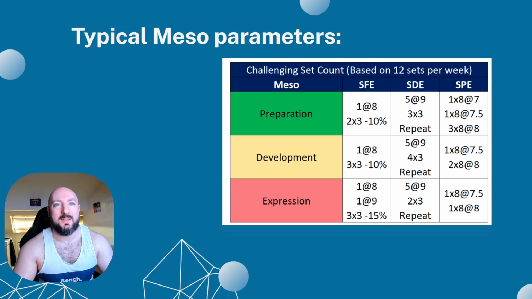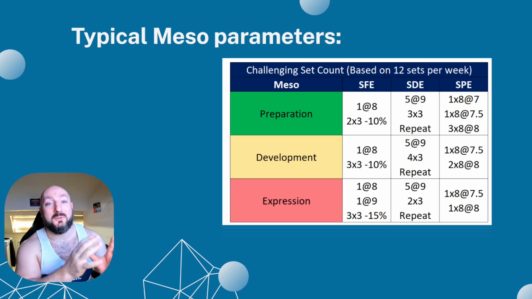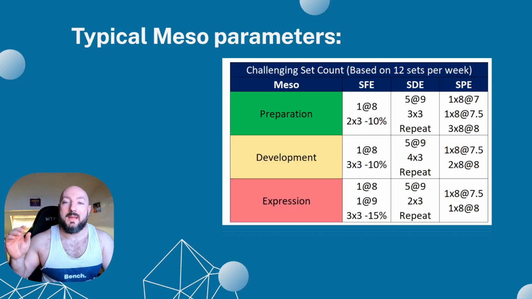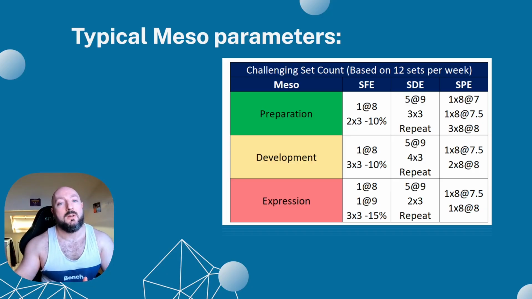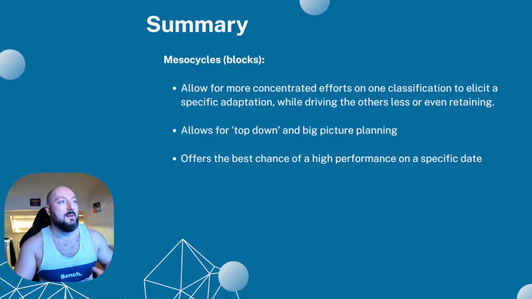The biggest takeaway is we just bias where we want. We just change the size of the slice of the pizza of where we want to do the work to cause what change that we're after. And we can sequence them in logical blocks. So in this case, prep, development, and expression, to make the best outcome come the end of the cycle, in our case a competition, or to make each block more effective because of the block before it, which is also called phase potentiation.